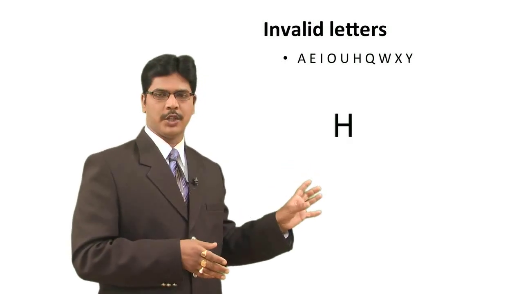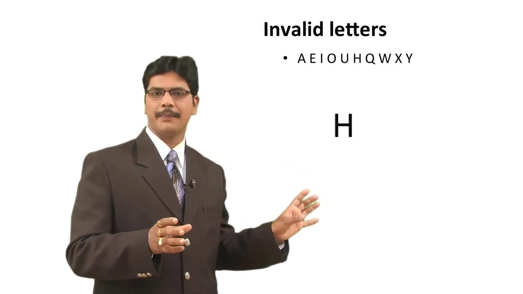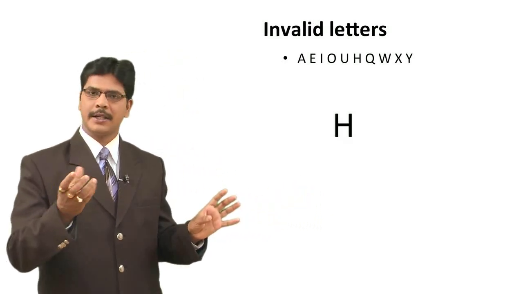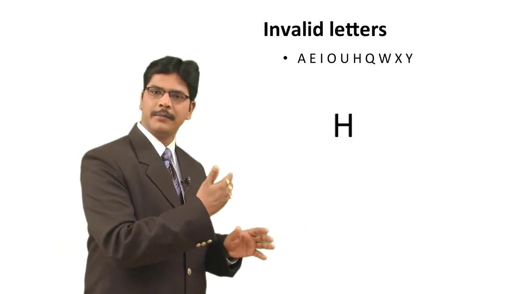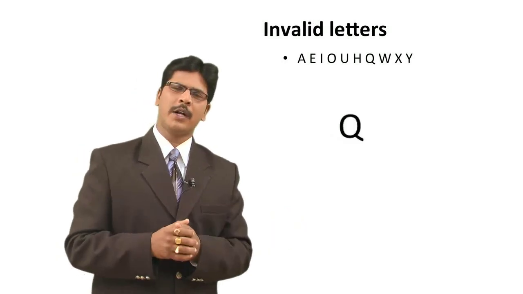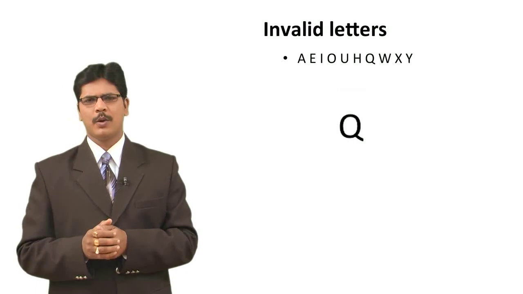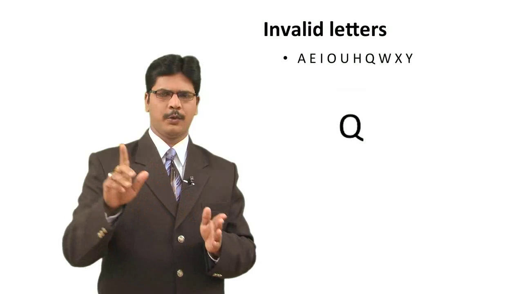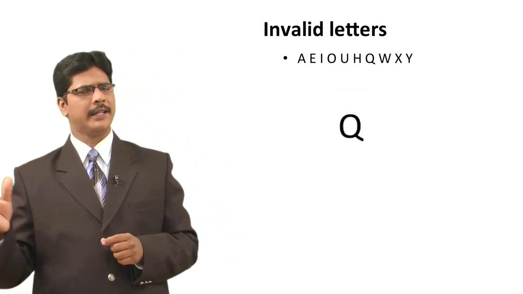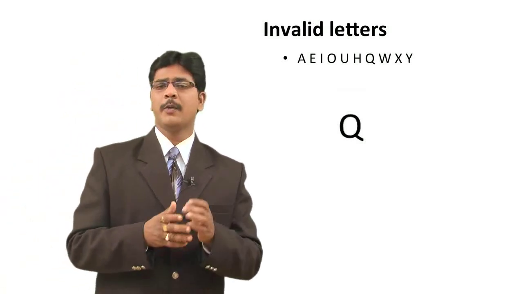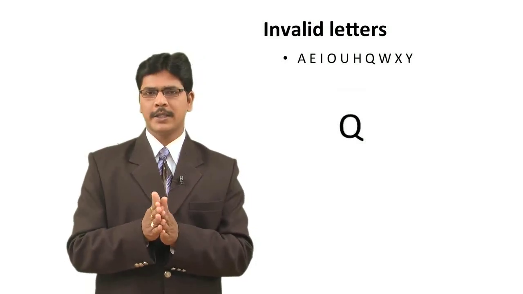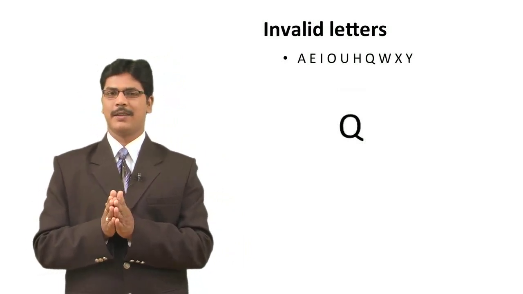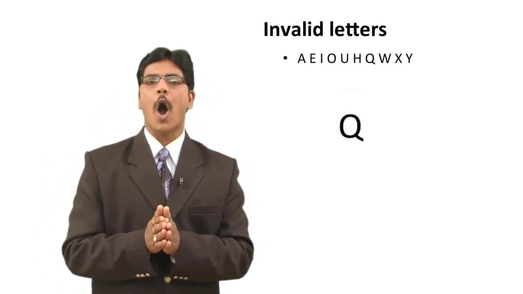If you take H, H is like ha. It's again a form of A only, it's going near to A. So they omitted H. Q, maybe you're wondering why they haven't used Q. Let me tell you what sound Q gives out. We know T gives ta, M gives ma, L gives la, F gives fa. Can you tell me what sound Q gives out? You think it's k? Incorrect. Q doesn't give k. Q gives a sound like qua.